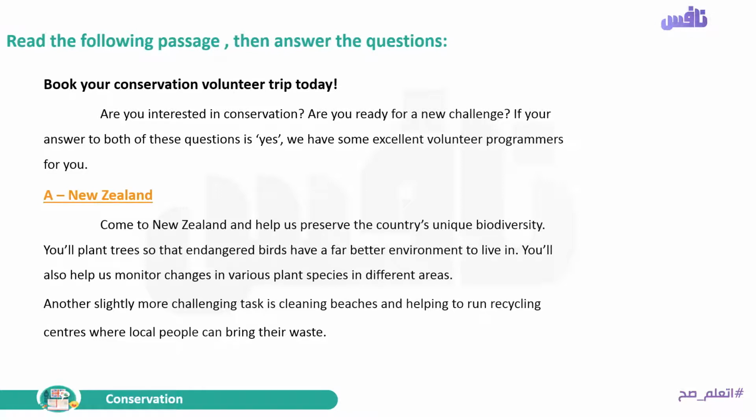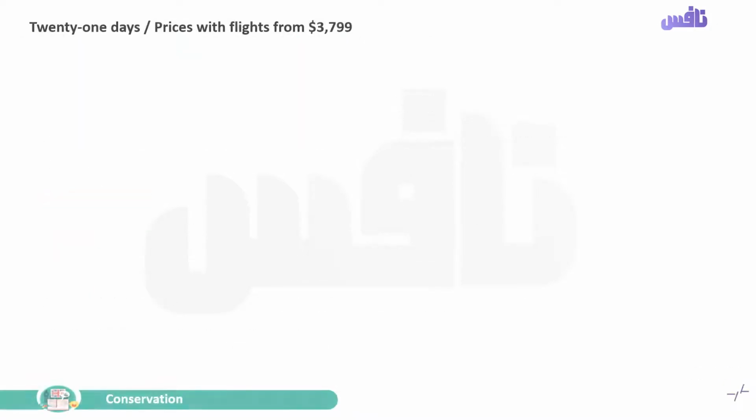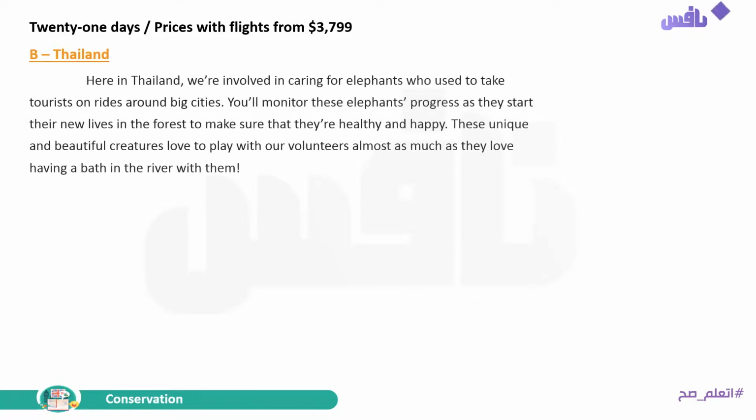Another slightly more challenging task is cleaning beaches and helping to run recycling centers where local people can bring their waste. 21 days, prices with flights from $3,799. B, Thailand. Here in Thailand, we are involved in caring for elephants who used to take tourists on rides around the big cities.